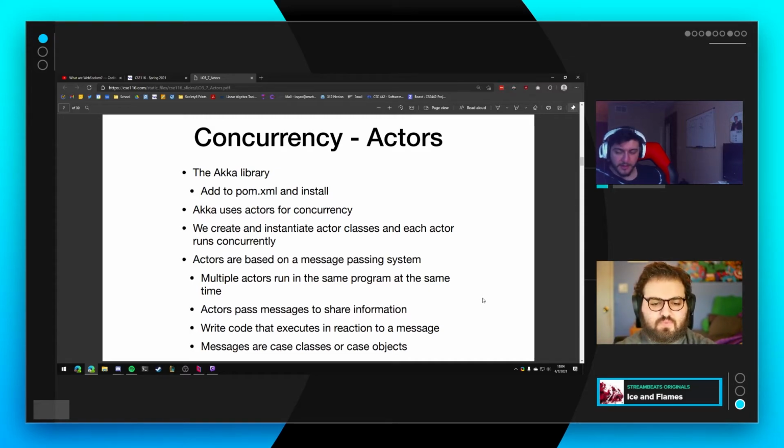So actors are based on a message passing system. Multiple actors run in the same program at the same time. You can pass messages to and from actors to share information, and you can write code that executes in reaction to a message. So if I tell Leo you're dumb,